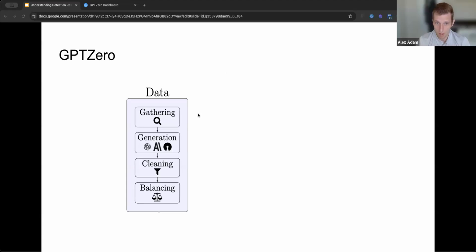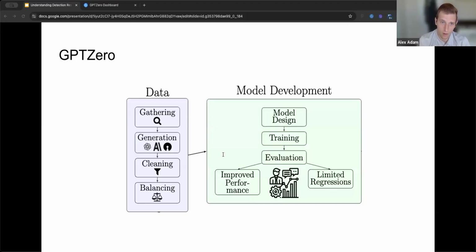Then the secret sauce is in the model design. So at a high level, we use a neural network, similar in principle to the large language models that power ChatGPT, but smaller in scale. And our model's objective is to distinguish between AI and human texts, rather than trying to predict the next word in a sequence. So at the end of the day, we end up with this model that outputs probabilities of a text being AI or human. And this concept of probability is actually a key concept in understanding detection results.